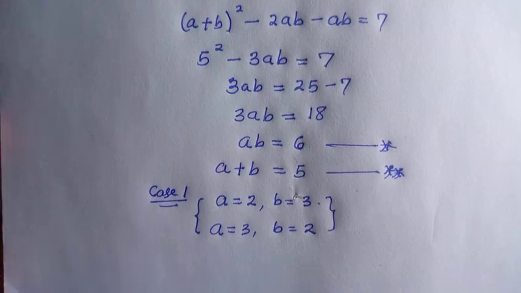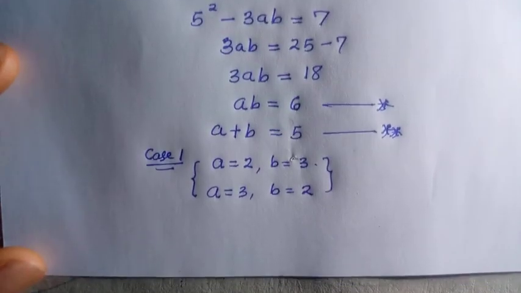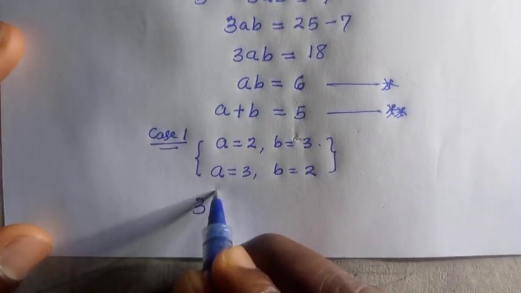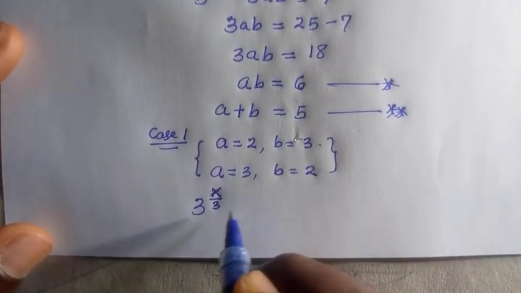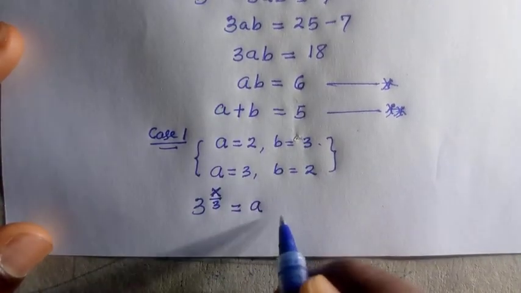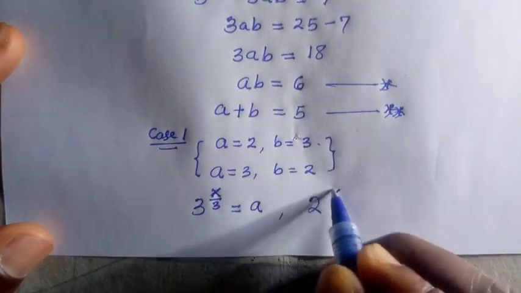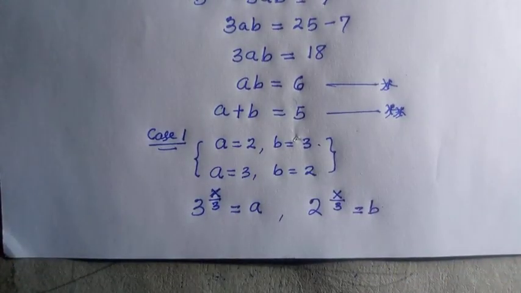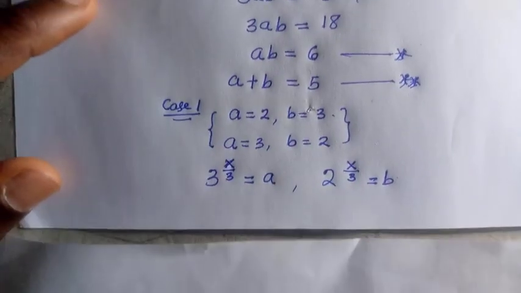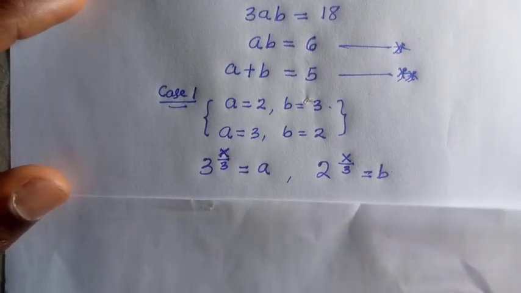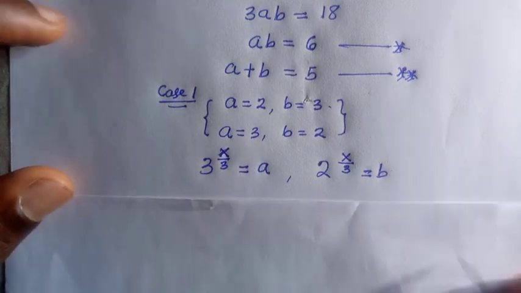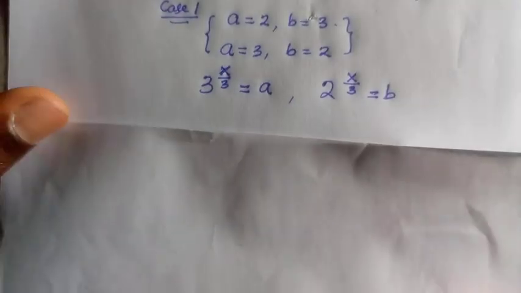Now we are going to get the values of x. We recall that we let 3 to the power of x divided by 3 equal a, and 2 to the power of x divided by 3 equal b. We need to know the values of x, and we start considering here. Suppose we have 3 to the power of x over 3 equals a, and if the value of a is 3, then the result we get is